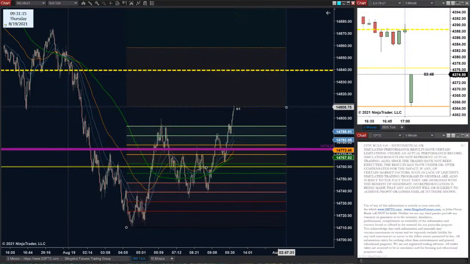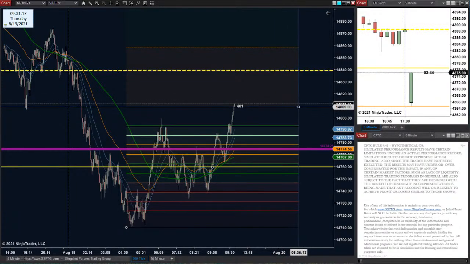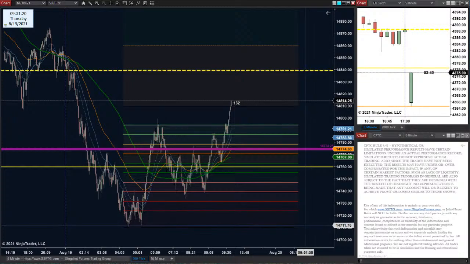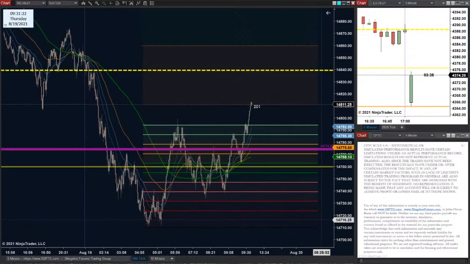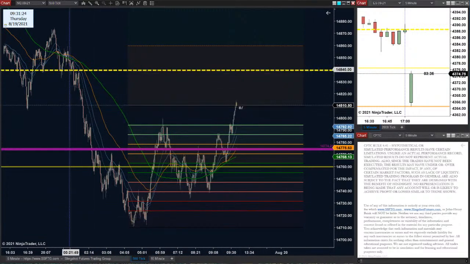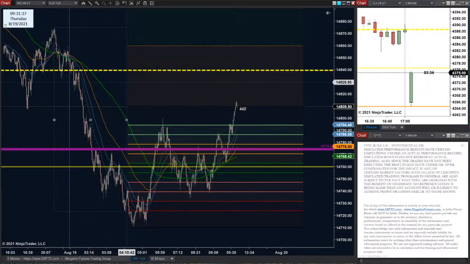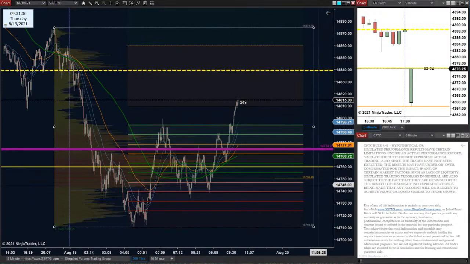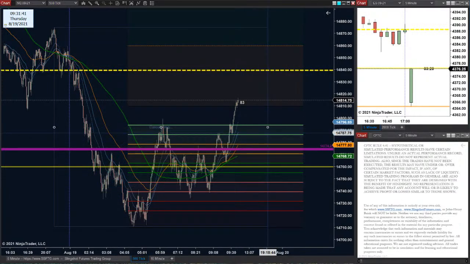Very nice, strong breakaway move. Kind of curious, the beginning of this move technically was the entire session after the market had already closed. Yeah, 14,750 is the zone of support that they're buying off of. If we continue this further forward, it'll probably be... Oh, it's still at the 750s. Whoa! Okay.